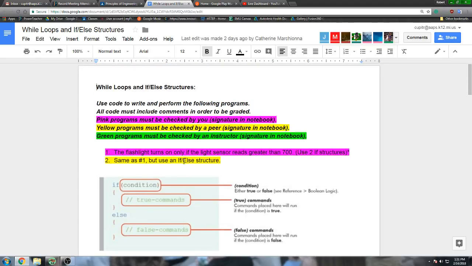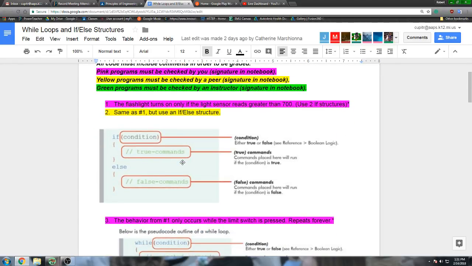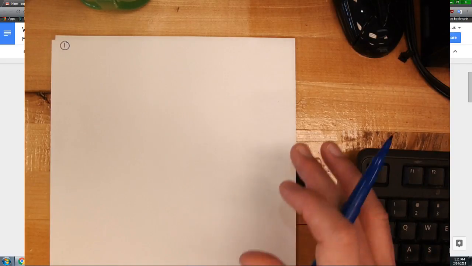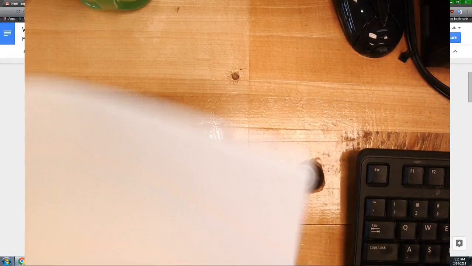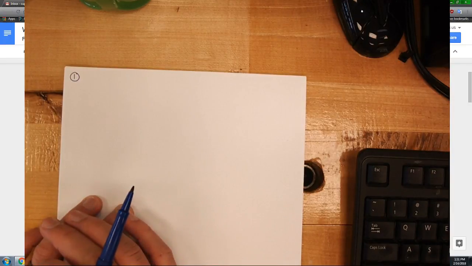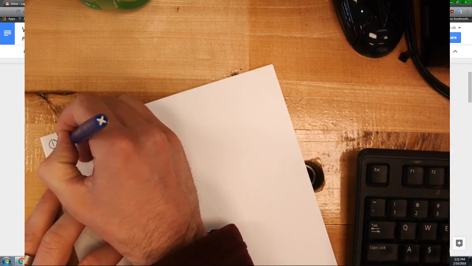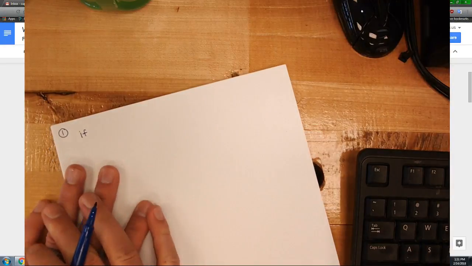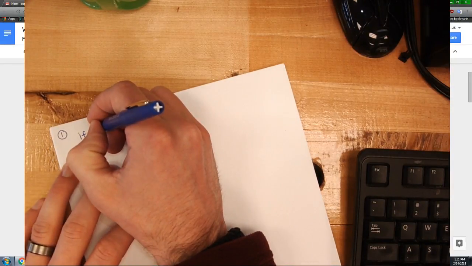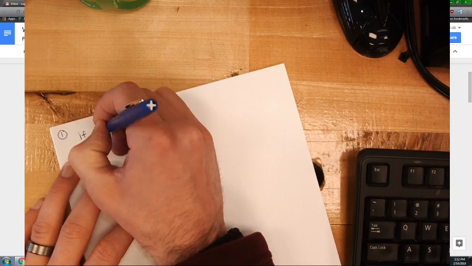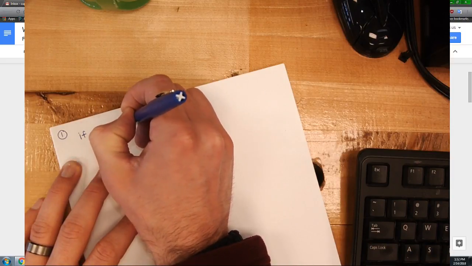So let's go over this and start. Let's start with number 1: the flashlight turns on if the light sensor reads greater than 700. Using what we have used so far, what does the logic look like there? What does the pseudocode of that look like? Who can help me? It's the first step. What's that? Okay, so if something, we'll start there. If what? Okay, so let's say if light sensor, greater